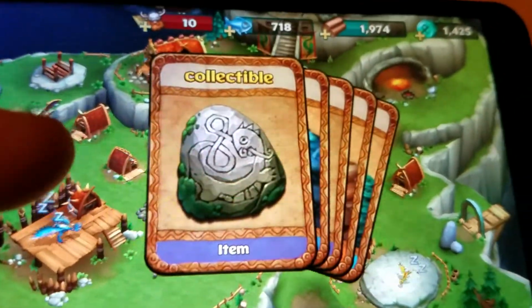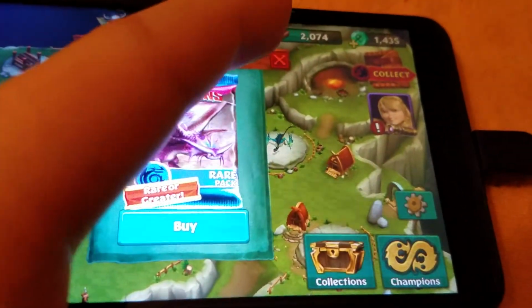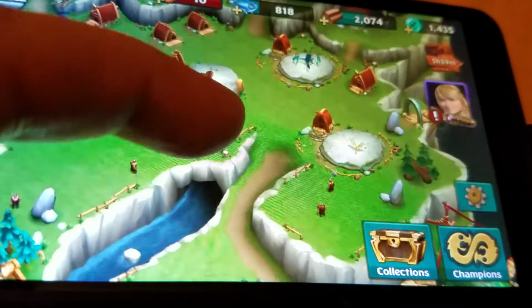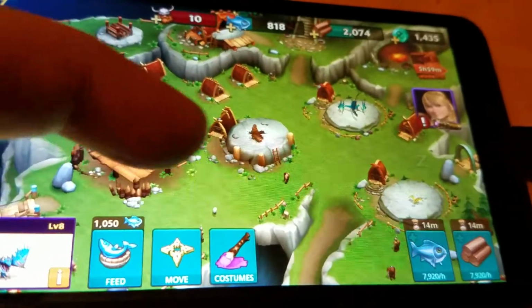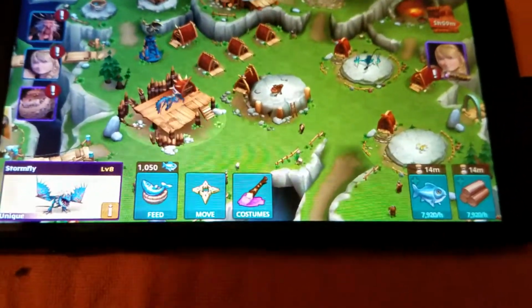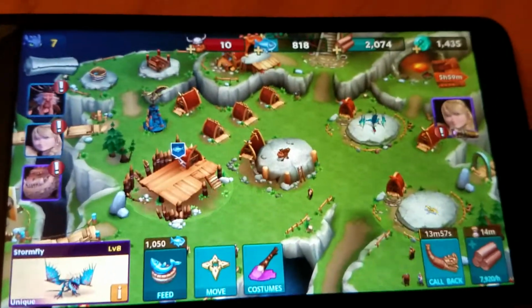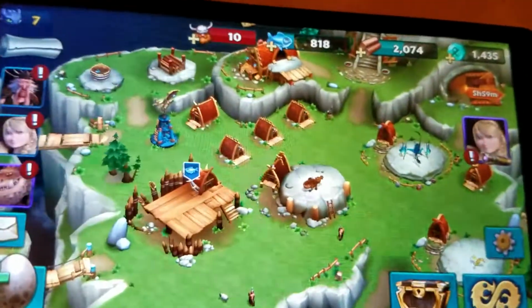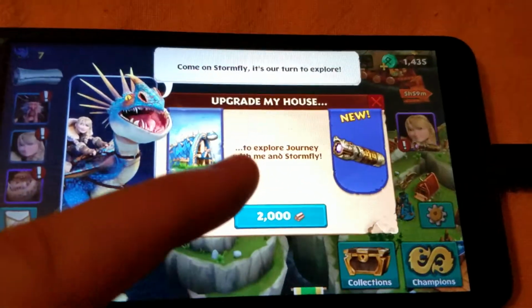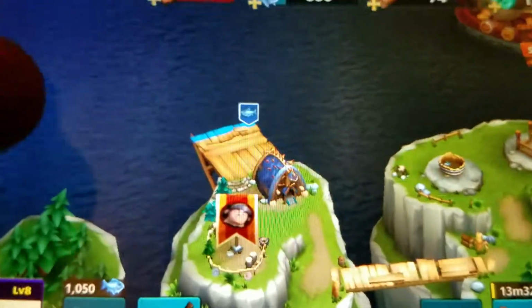Yes, I upgraded my Monstrous Nightmare and Gronckle 2 levels, so... Alright, there we go. Now we have the ability to journey with Astrid and Stormfly. However, we first have to journey with Fishlegs and Meatlug in order to...